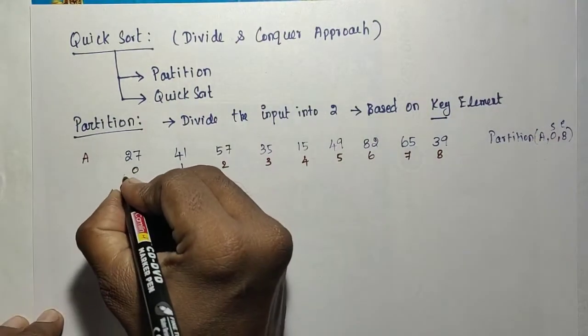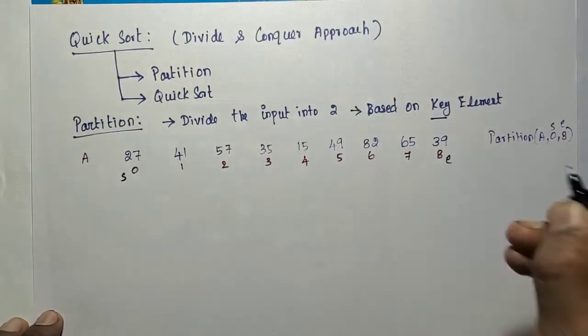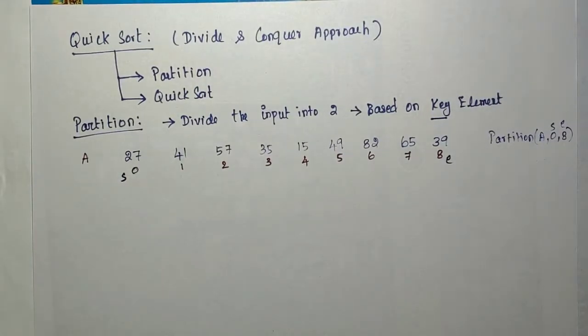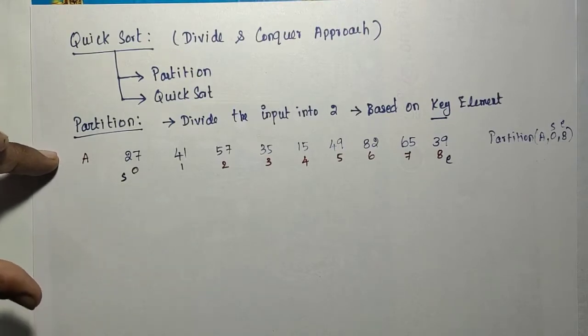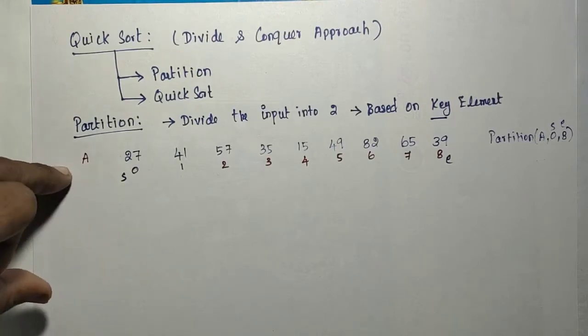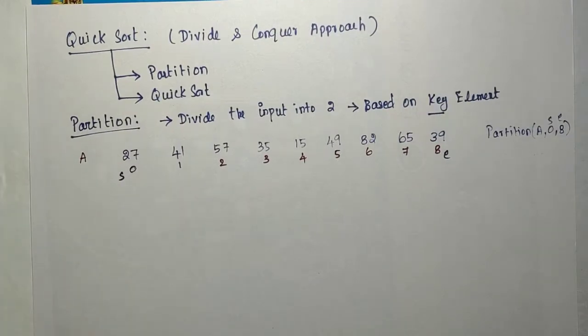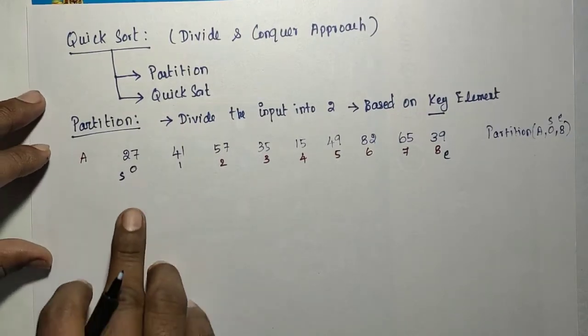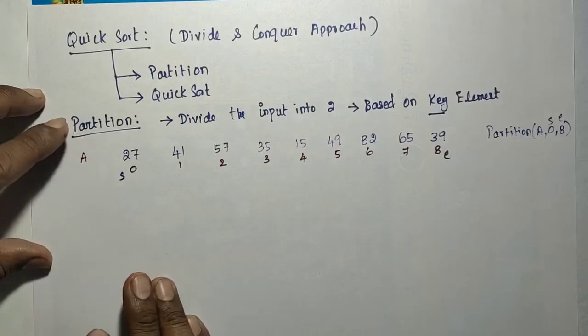So this is S and this is E, like that I have to call. So this procedure is very simple. Use two variables, I and J. Now I'm going to explain the partition. If you understand the procedure, the algorithm will be simple. Two variables, I and J,